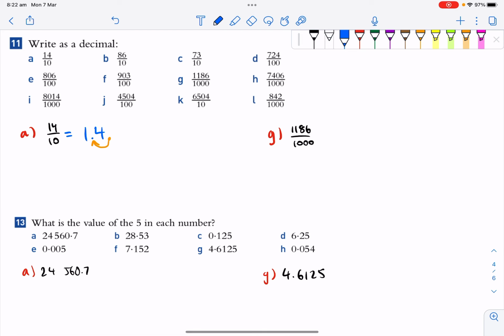Put the decimal right there, and we get 1.4. All right. So 1.4 right there. With G, write the numerator number again. So 1186. And you can see here,